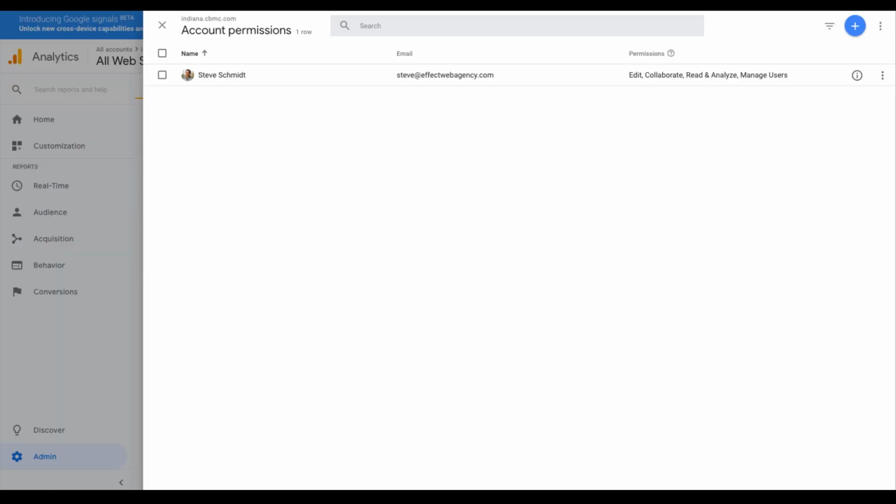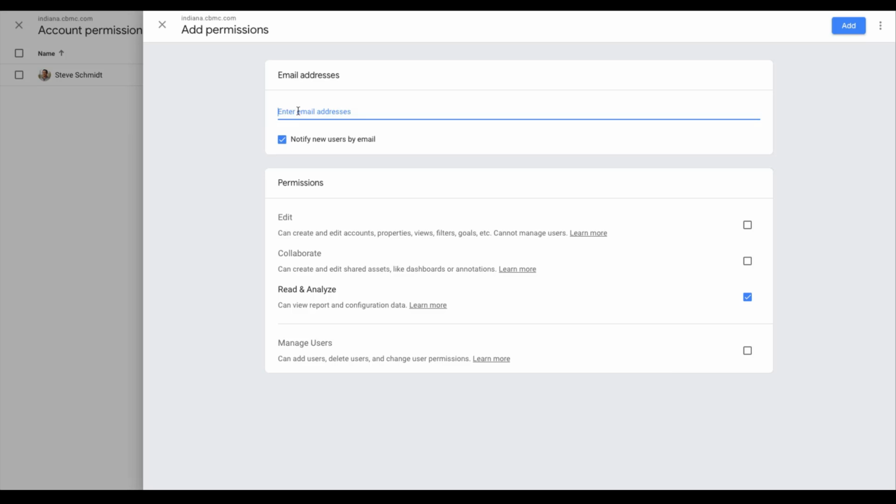Okay, so here's a different account which I do have permissions to add people to, and so when you get to that same screen, if you have permission to add people, you'll see something like this. It'll list out your current users. You can come up here and click the plus button, add users, and then you can enter in their email address. And what you want to do down here, if you're giving us permission, is give us permission to do everything,